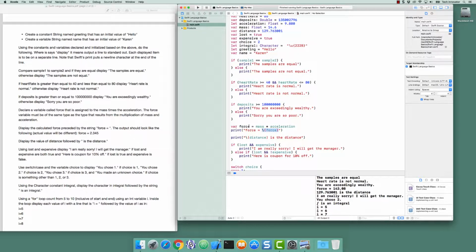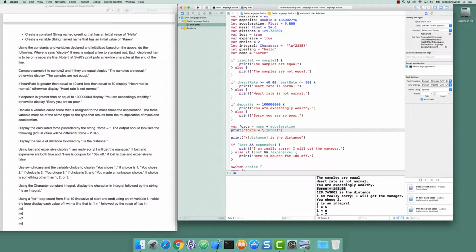So force is a float, but here, because we put backslash parentheses around it, it will be interpolated into a string. So this print will print force equals whatever the result of the mass times acceleration is out to the display as a string. So there's the answer we get, force equals